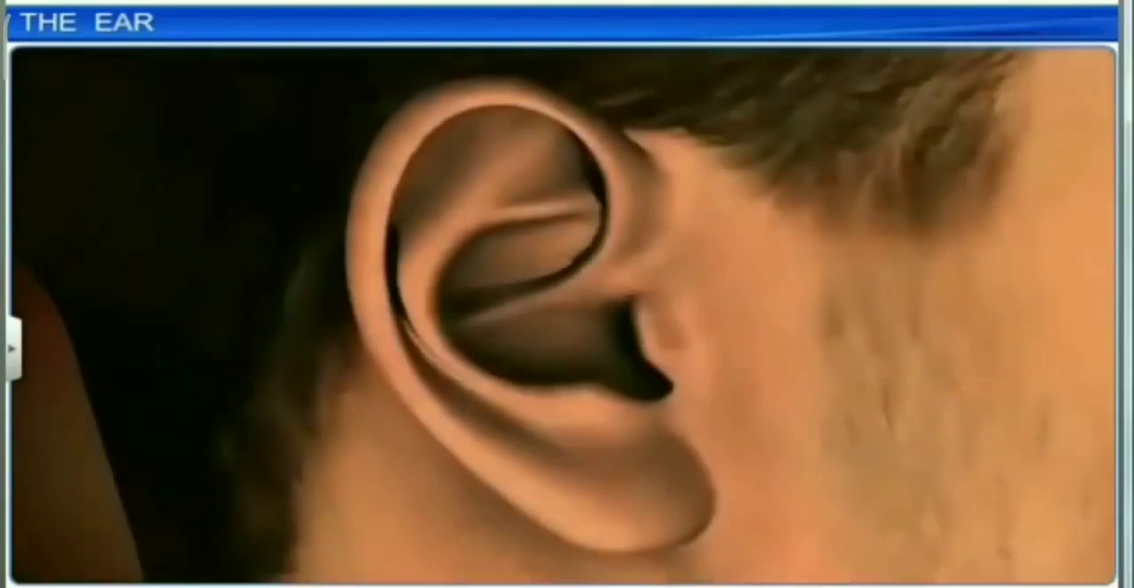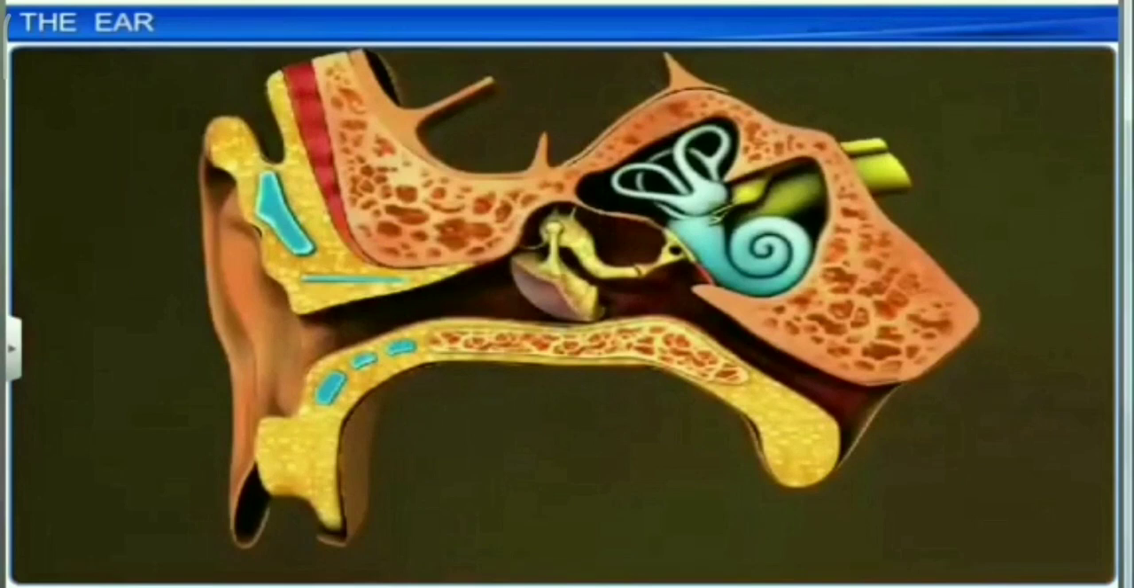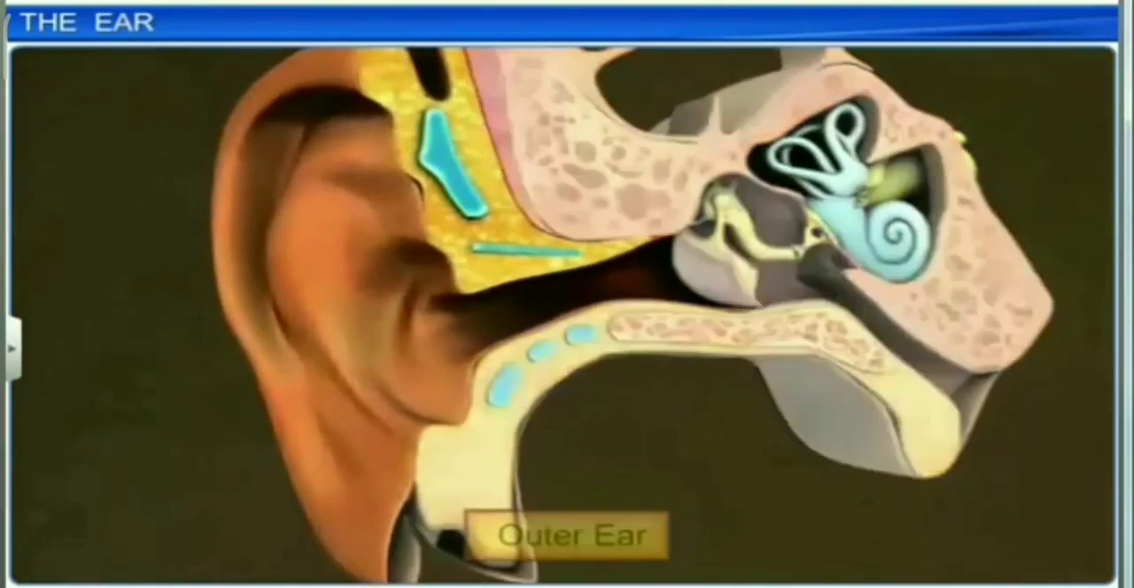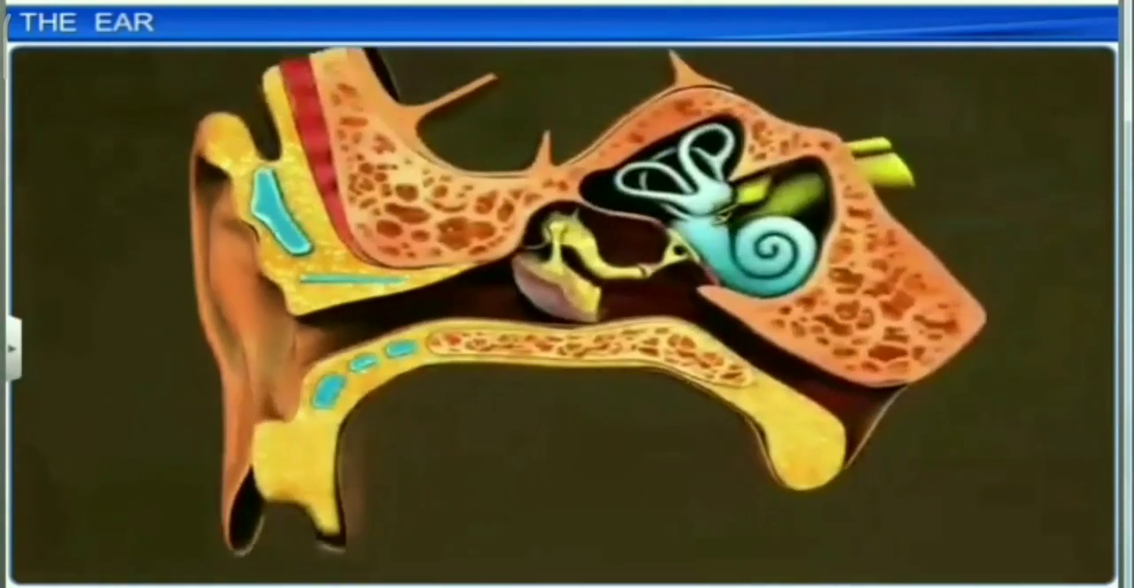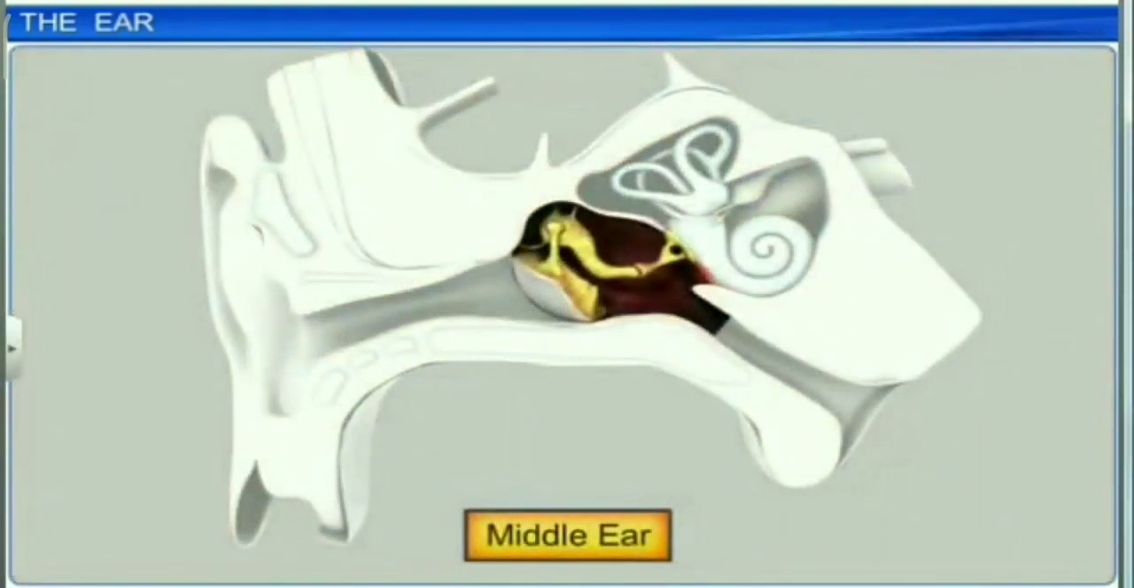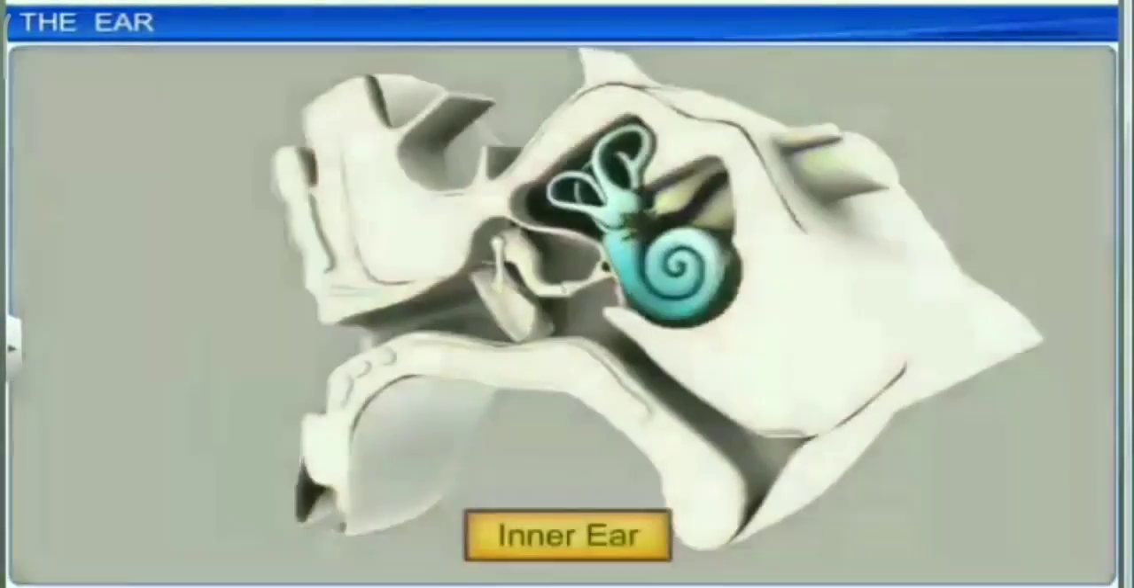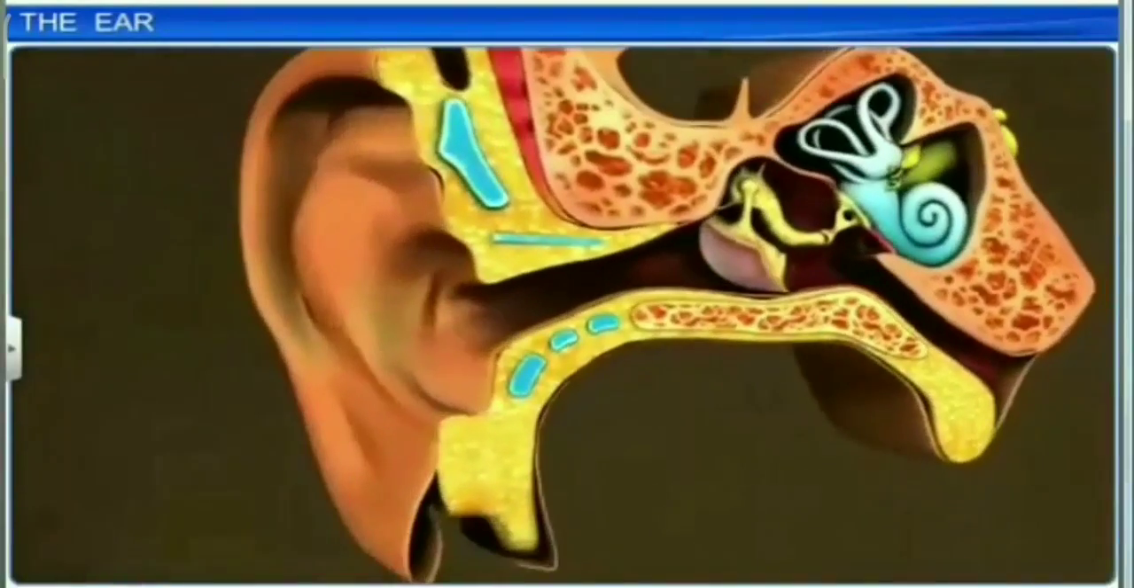The human ear is called the statoacoustic organ. It has two functions, hearing and body equilibrium. Anatomically, the ear is made up of three parts: external ear, middle ear, and inner ear. The external ear